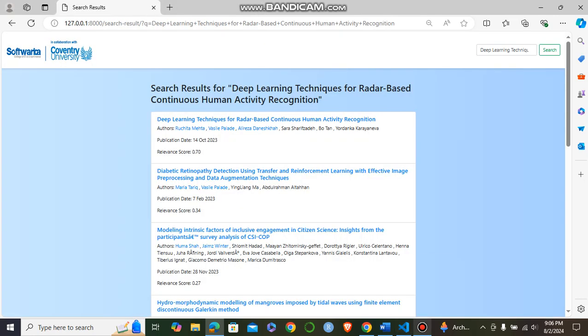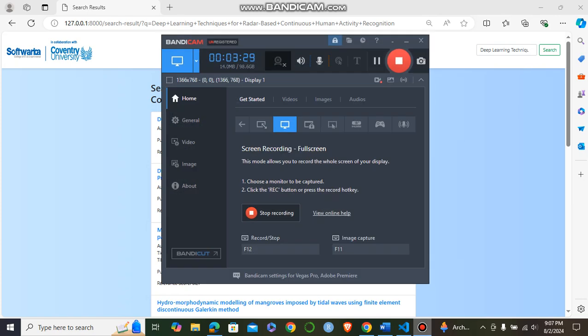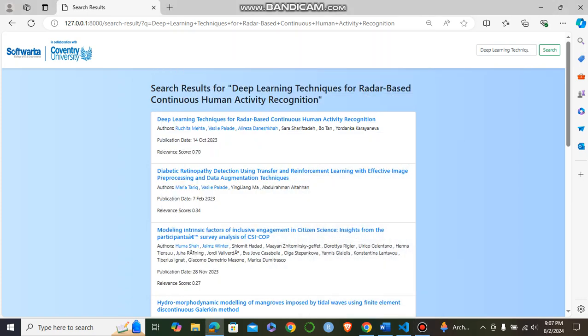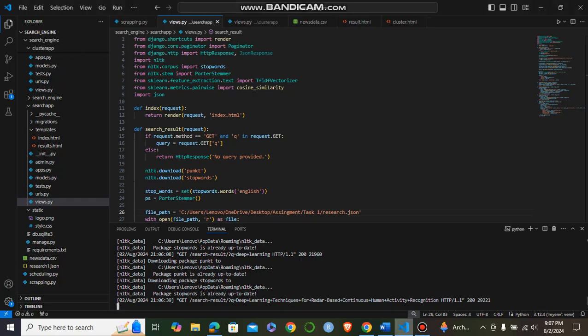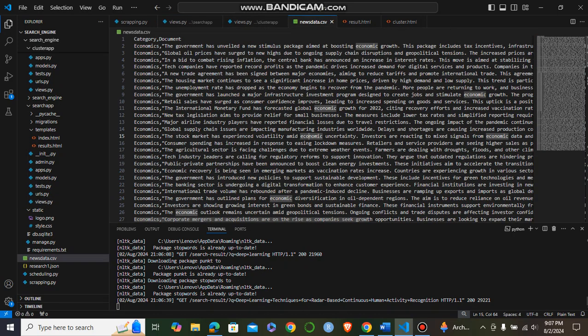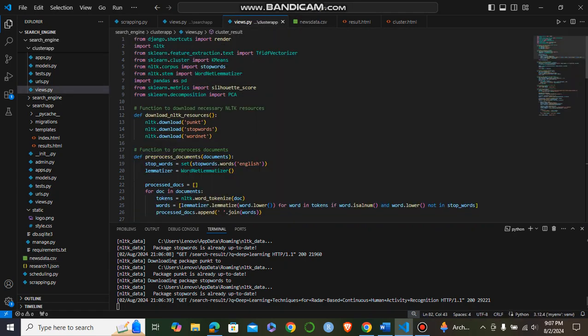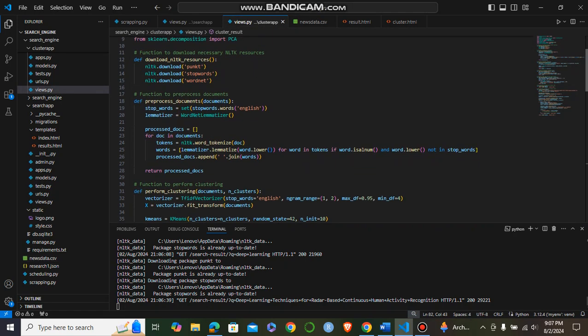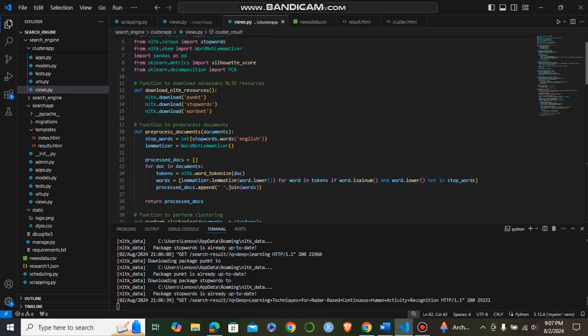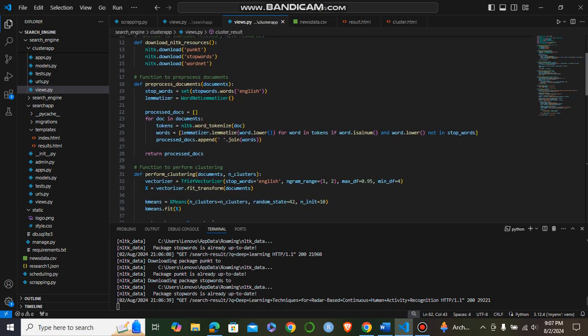Now, for the next part, we'll move on to the clustering part, which is task 2 of our assignment. For this task, we have collected news data from various websites like BBC and CNN. Same as task 1, we'll take a query from the user, and then the query will be tokenized,